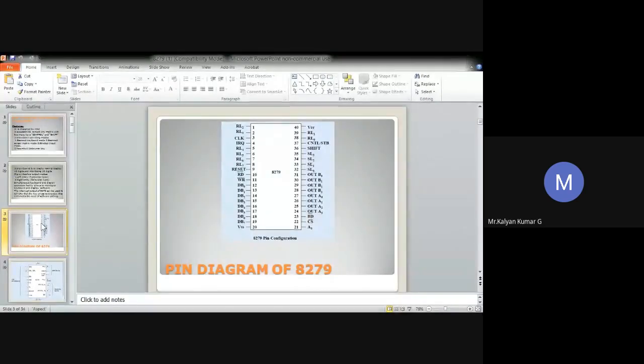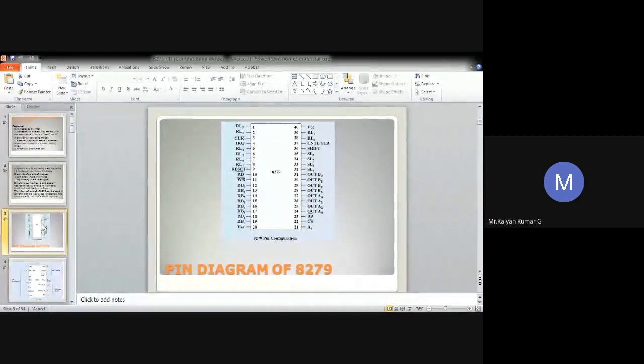So these are called return lines. So actually they are input lines. Normally the return lines will be connected to your scan lines with the help of switches, the key switches. Usually they'll be connected. So these lines will serve as an 8-bit input in case of your strobed input mode.